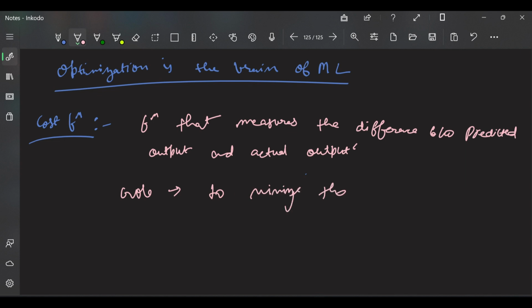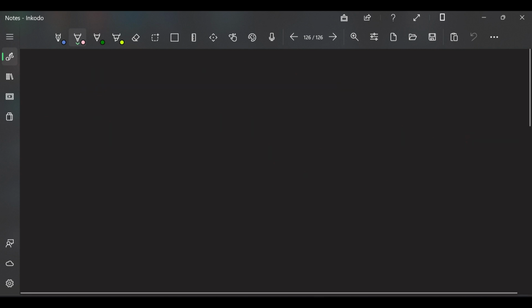The common cost functions are like mean squared error, which is your MSE,